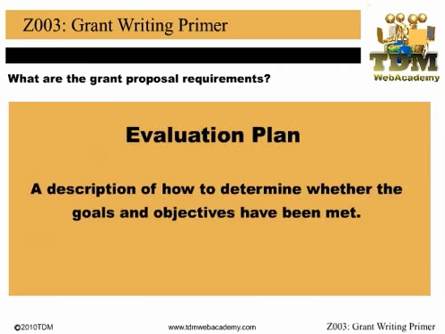Evaluation plan. This section provides a description of how to determine whether the goals and objectives have been met. The plan provides a way in which the activities, facts, and justifications are tracked and assessed to ensure that the objectives have been achieved. Information included in this section includes, but is not limited to, having staff available for conducting the evaluation, measurements of success, data capturing and analysis processes, and proper documentation.